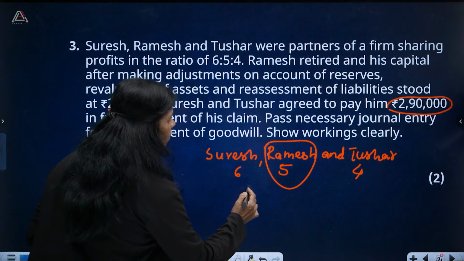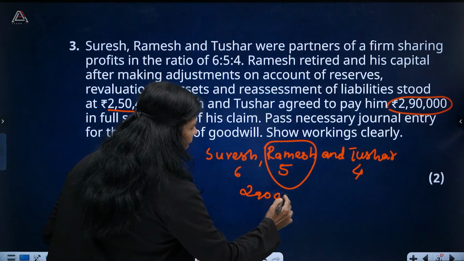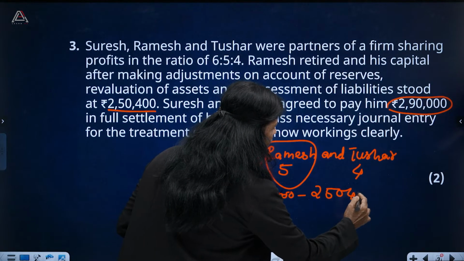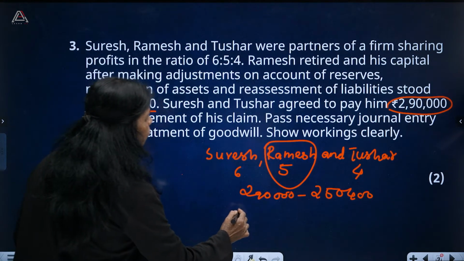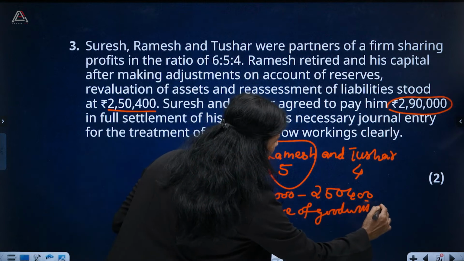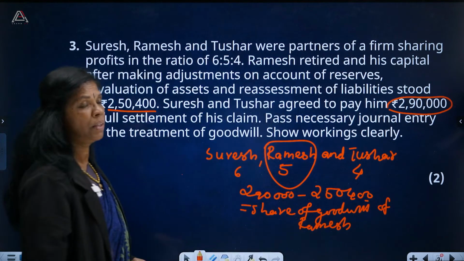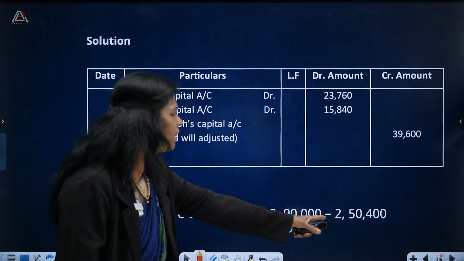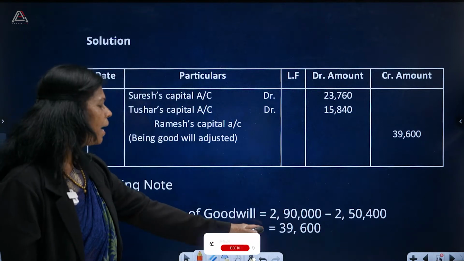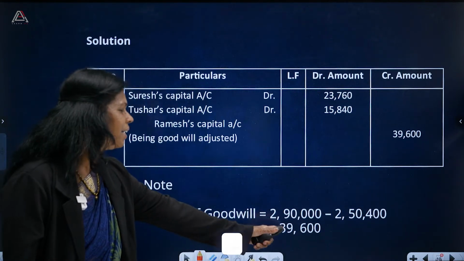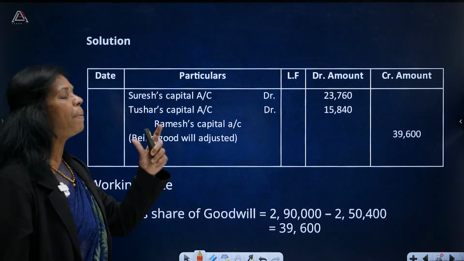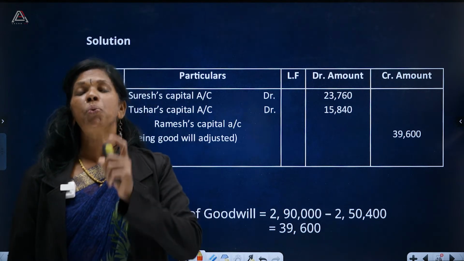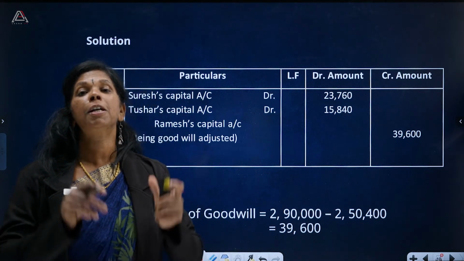That is 2,90,000 minus 2,50,400. This is the share of goodwill of Ramesh. See, Ramesh's share of goodwill is 2,90,000 minus 2,50,400. How much is it? 39,600. When a partner retires from the service, the retiring partner's share of goodwill is shared by the remaining partners